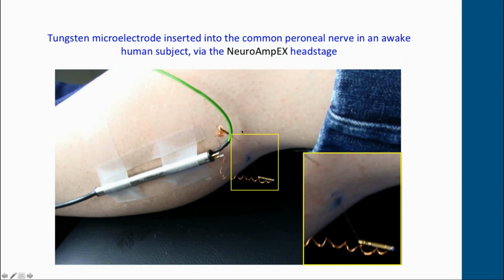We deliver cathodal currents, 2 to 10 milliamps. And when we're over the nerve, then of course we're getting twitches of the innervated muscles and/or paresthesiae, pins and needles in the innervation territories of cutaneous fascicles. So we then mark the site, insert the active recording microelectrode into that site, and into the skin about 1 centimeter away, the inactive or reference electrode.